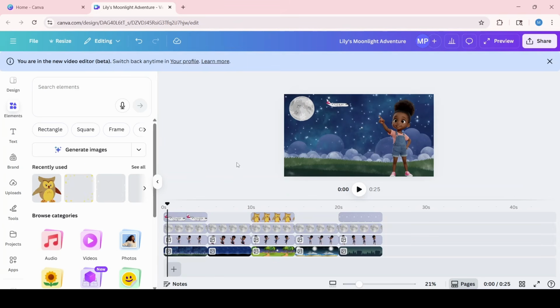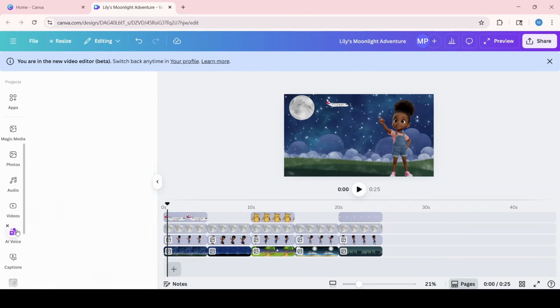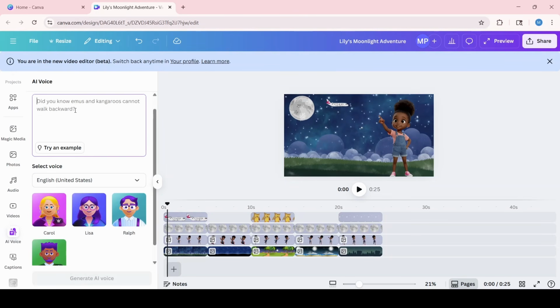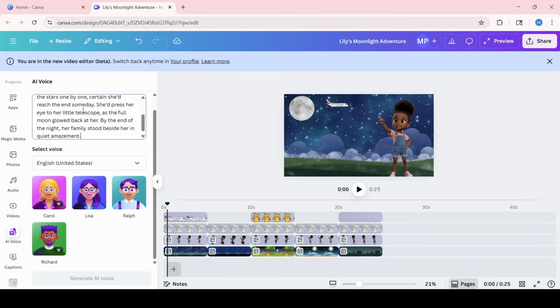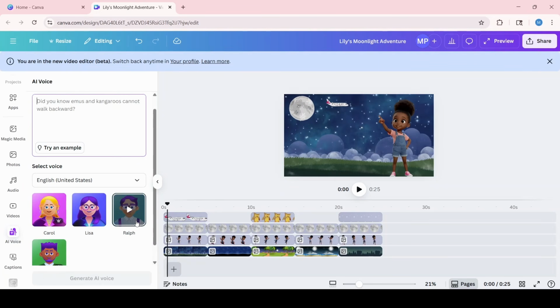So before I do the text, I'm going to do the voiceover. If you wanted to add your voiceover within Canva AI voice generator, on the left panel, you would scroll down until you see AI voice and you would click on it. And once you click on it, you would basically paste your script into here and you would select any of the voice options here. If you are working with the free version of Canva, you would only have these 2 to work with. If you have Canva Pro, you can select between all 4,